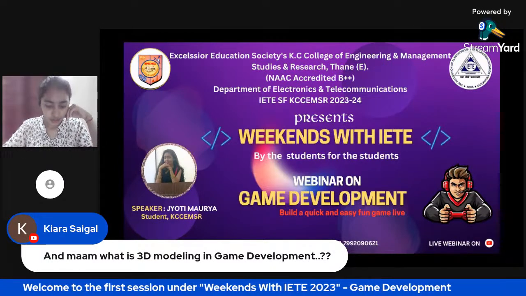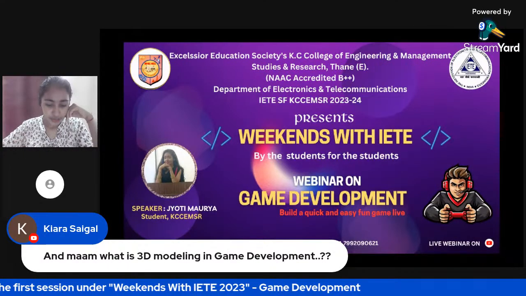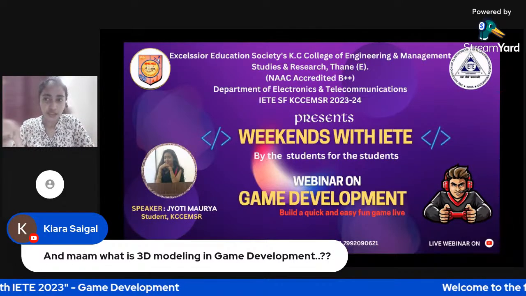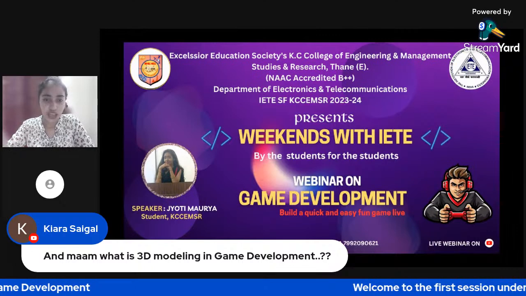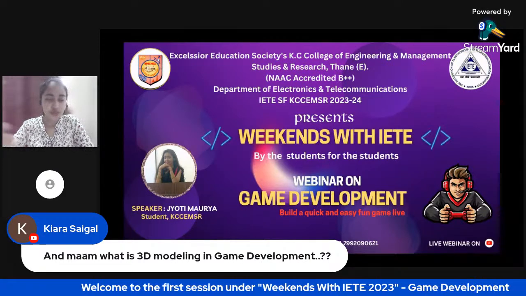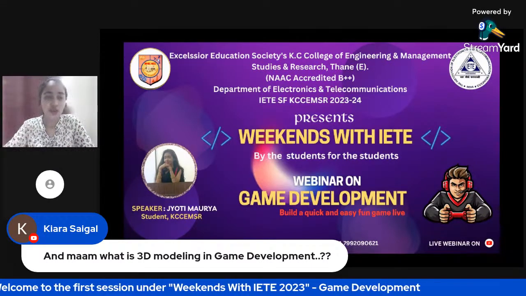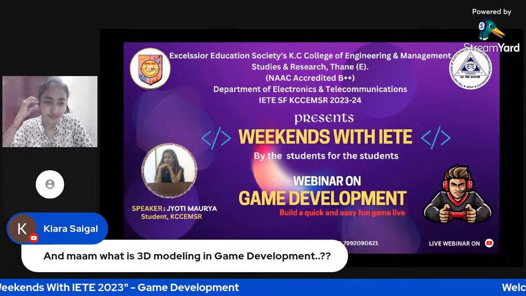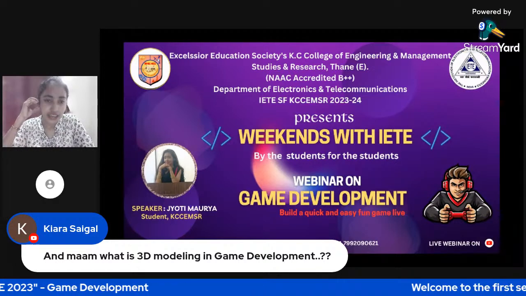What is 3D modeling? Basically, you are creating three-dimensional objects that can be moved in XYZ axis. Your character will be able to move in XYZ axis. These models are used to represent the entire environment, the entire visual of your game. Basically, you're creating a three-dimensional model.